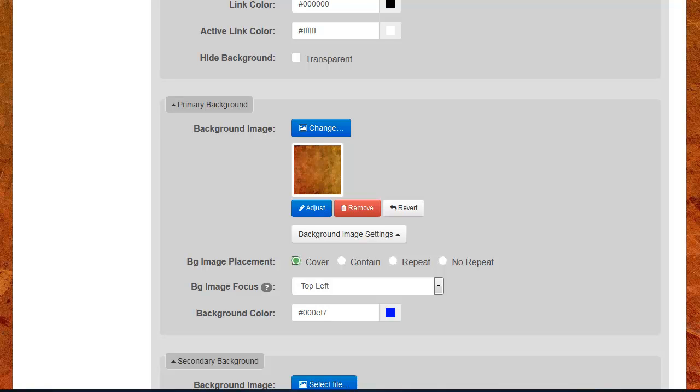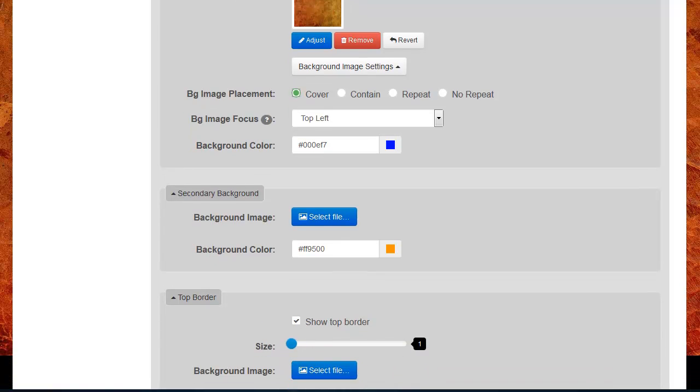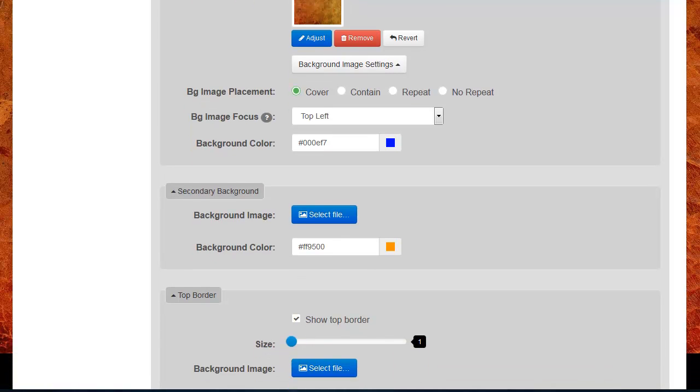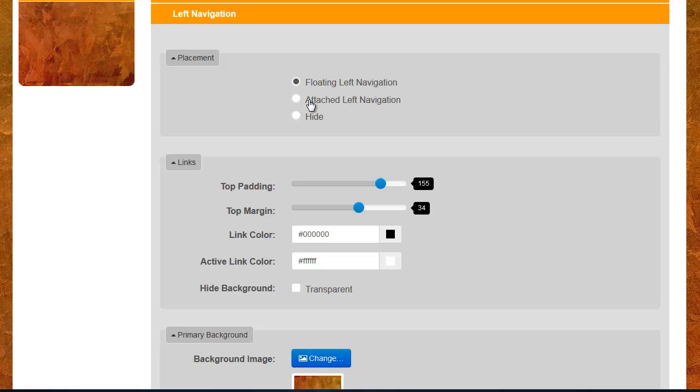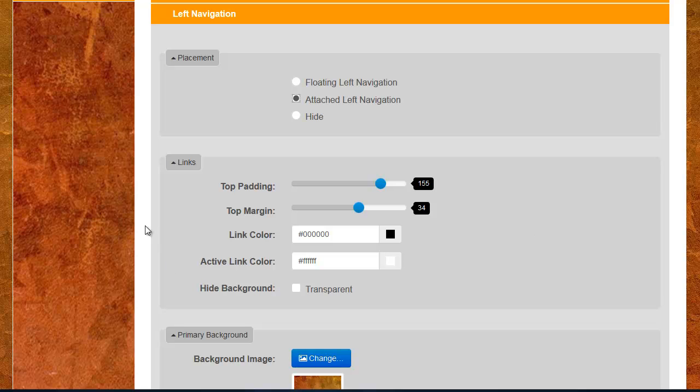Repeat and no repeat really don't apply because those are for smaller images that would not be large enough to cover that area. In this case, I uploaded an image that was fairly large. However, if I go back up to the section up above called Attach Left Navigation and change to that, you're going to see how that pattern now